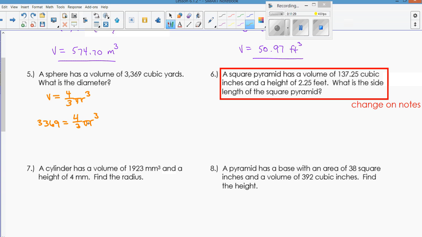So I need to solve. I need to undo everything. I'm going to start by multiplying by the reciprocal. I hate fractions, so I want to get rid of it. So I do 33,369 times 3/4, or 0.75. You get 25,026.75 equals pi r cubed. Divide by pi. And you get